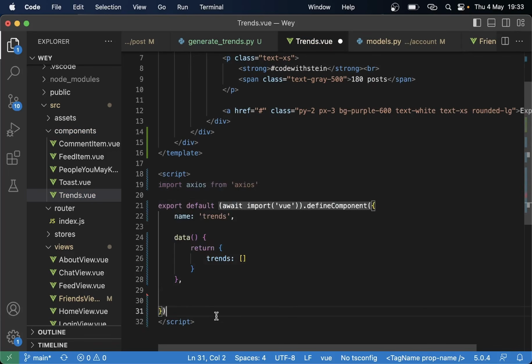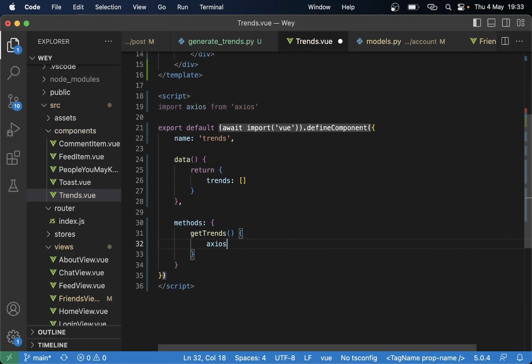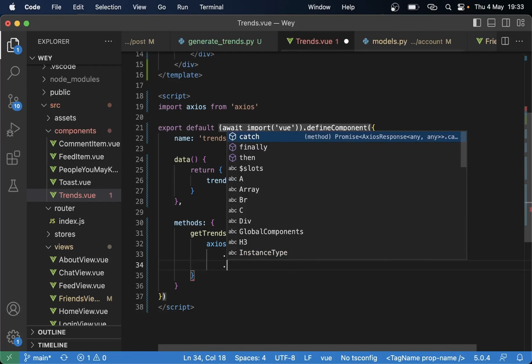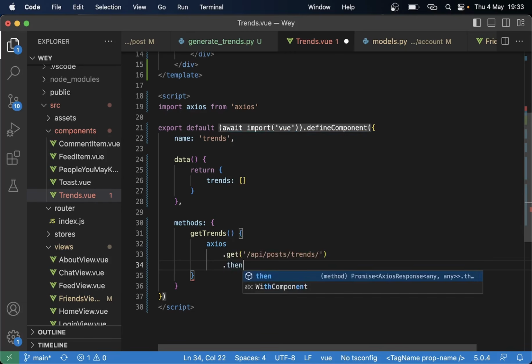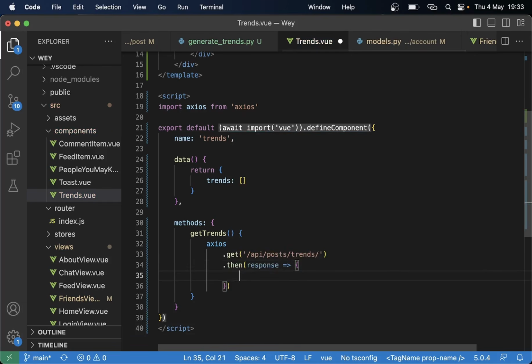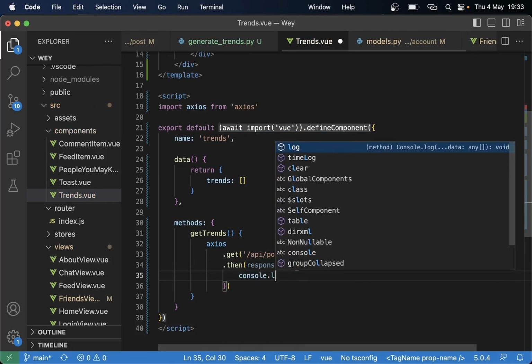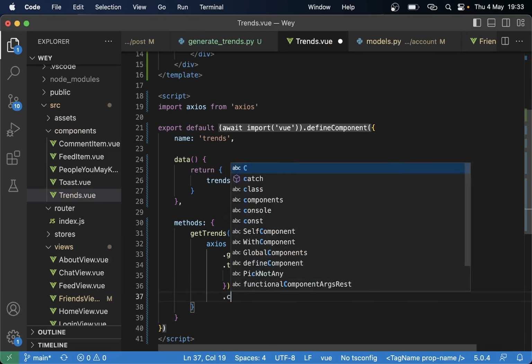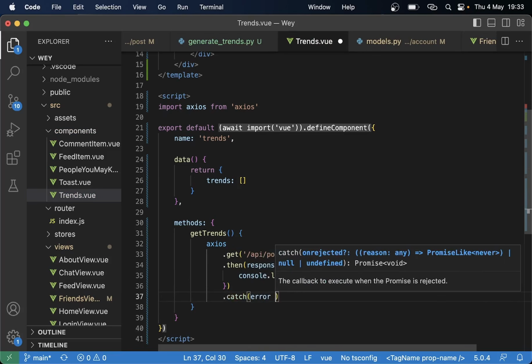And then at the bottom here, we can say methods, get trends, and then axios.get /api/posts/trends, then, because we get something back from the server, response, and then we can say console.log response.data, so we can see what we get. If there are any errors, just say .catch error